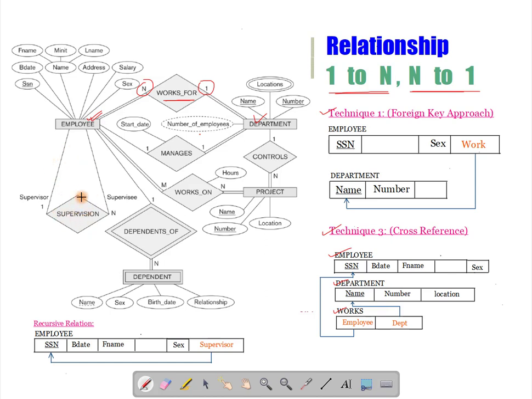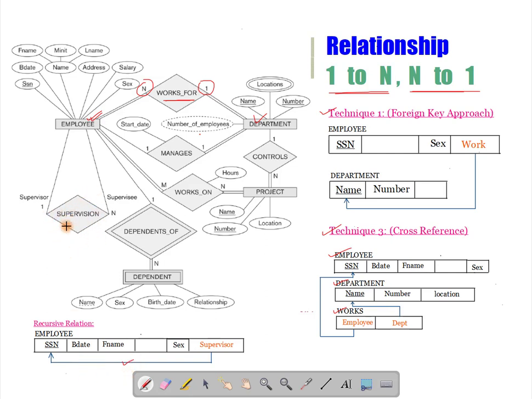But in a recursive relation, both sides are actually the same entity. So you will add a new attribute, employee, as a foreign key, and it will refer to the primary key of the same relation. So this actually represents a recursive relationship.